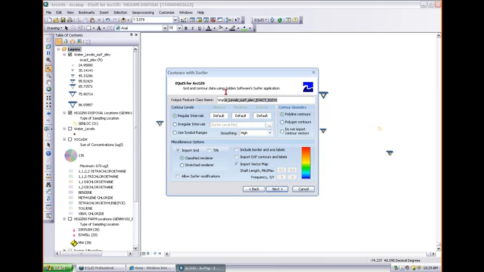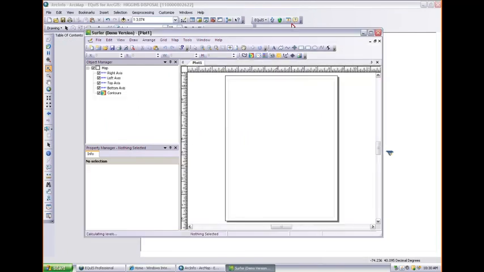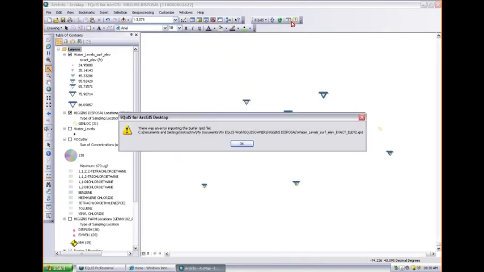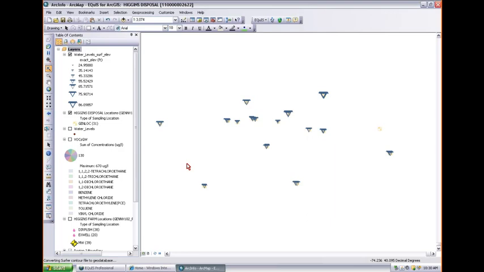It's always good practice, especially if you're doing lots of these layers, to use a unique name each time, because if you use ArcMap a lot, you'll notice it locks onto things even though you close files. If you try to delete it in Windows Explorer, it's locked by ArcMap. So if you're using the same layer all the time, we may have problems overwriting that. There's actually an option here that says to never overwrite existing, which will help give you a unique one each time. Yeah, this version of the Surfer demo is not exporting grids,